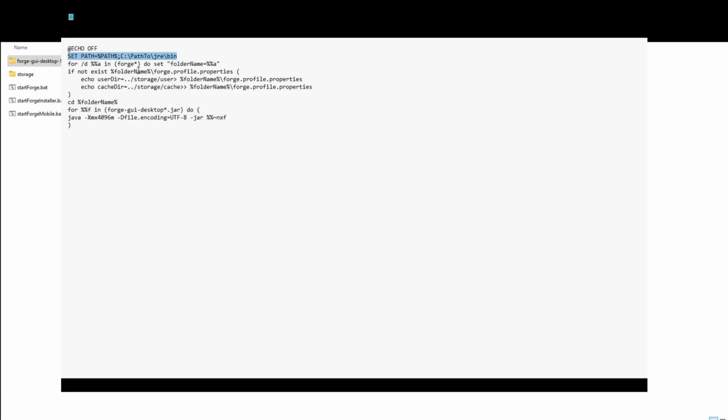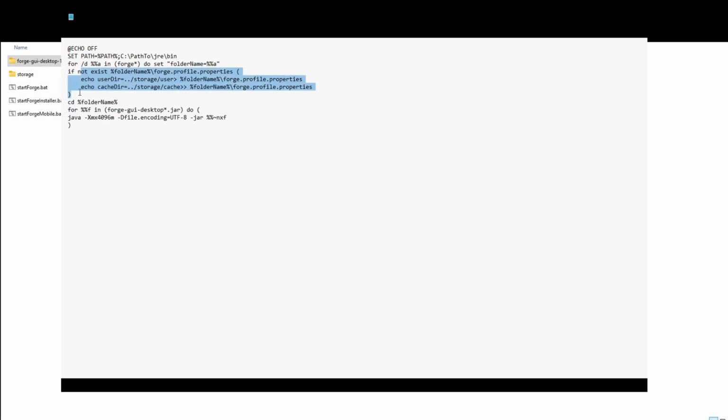I was having trouble, every time I'd change it, I need to change the folder name in this script file, two different script files, actually. I got sick of that, so I wrote this little script here. Right here, it's going to go through each of the folders, and we're going to find the one marked Forge, because as you can see, I actually have a Forge and a storage. I'll go over storage in a minute. So the Forge folder is the program folder. We're going to find that folder,